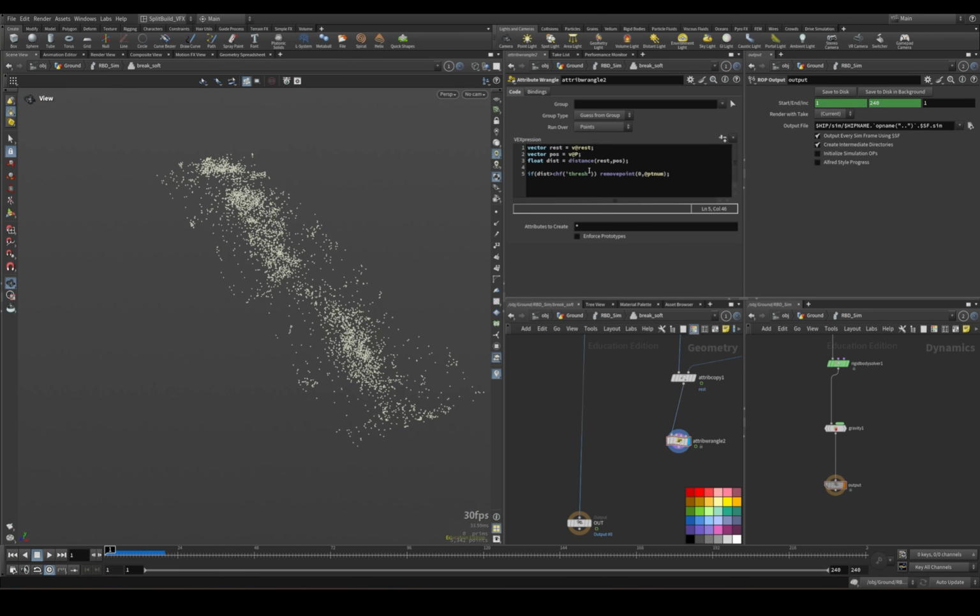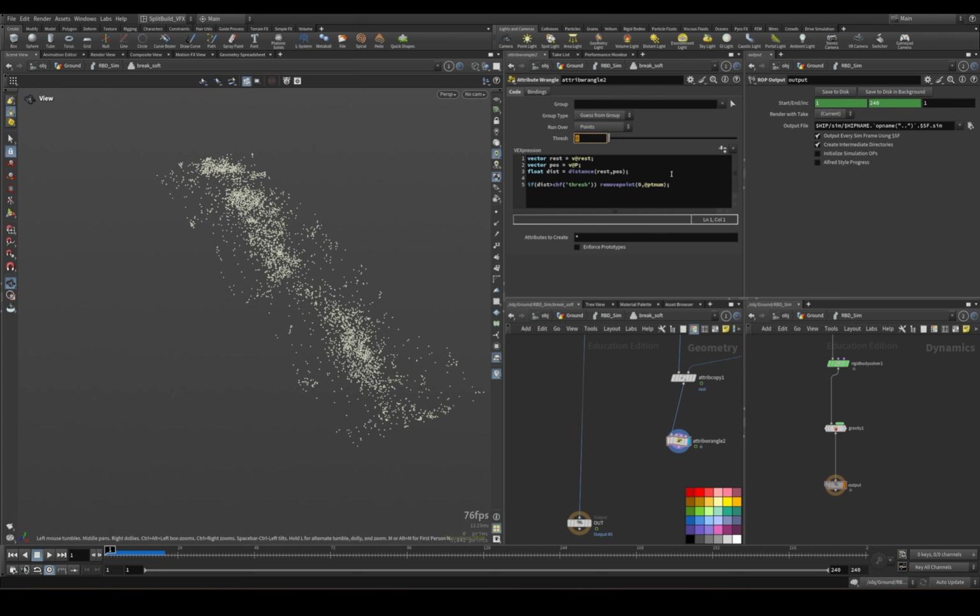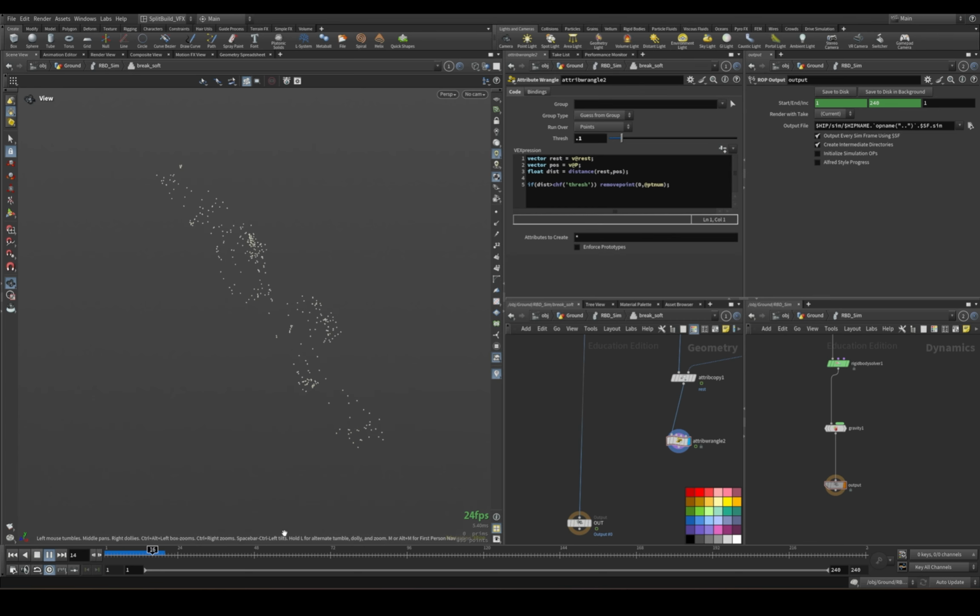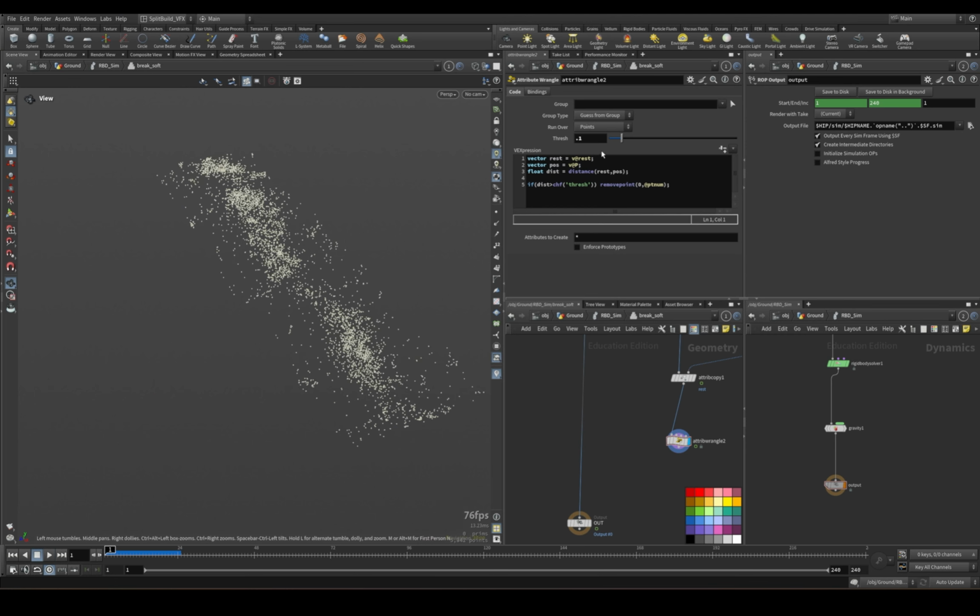Okay. We'll change this here in a second, but I just want to show this to you. And then we'll say, hey, when the distance here gets greater than 0.1, they break. Look at that. How cool is that? Okay. So we'll say